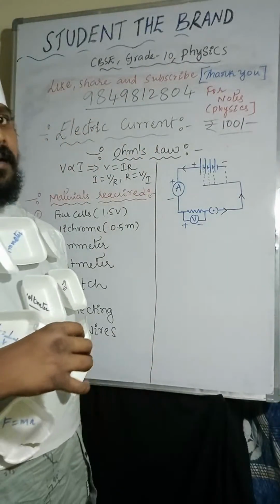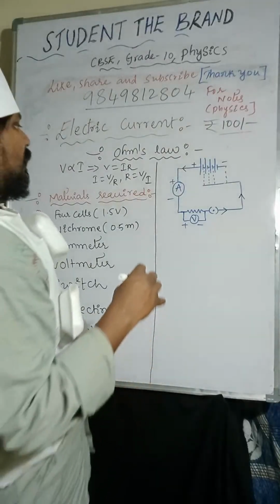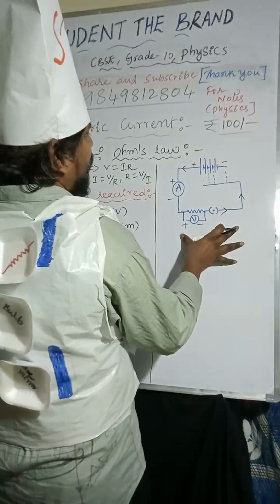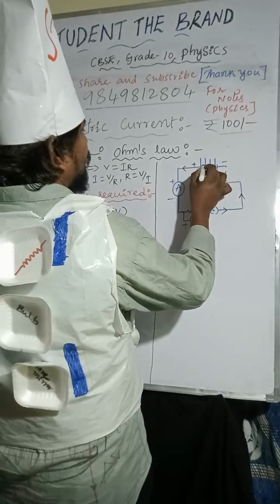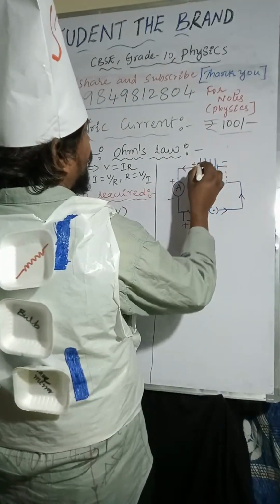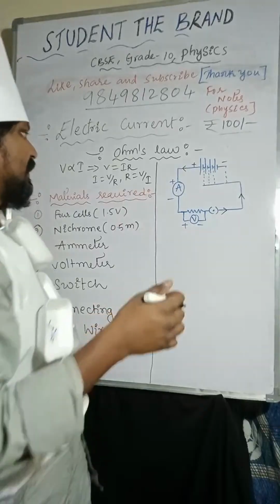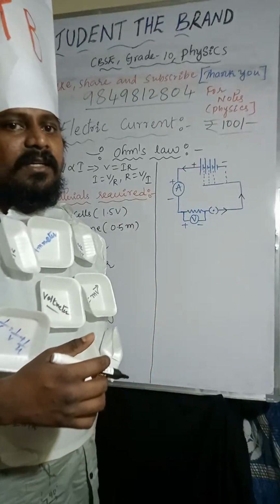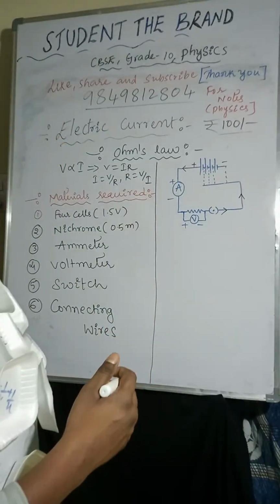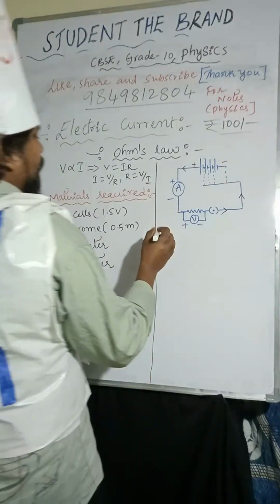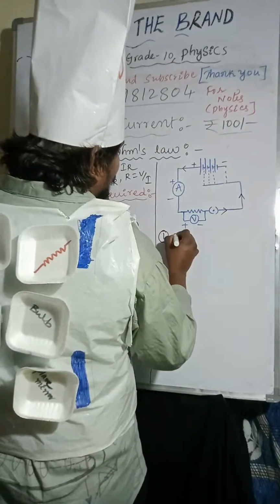Okay, so now you can observe here. The procedure is a circuit diagram with four cells of 1.5 volts each, and a nichrome wire of 0.5 meter length. Here, first you have to connect one cell,